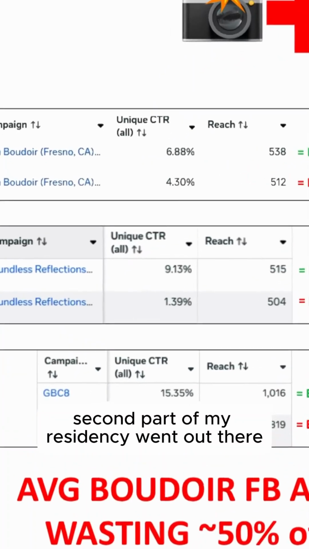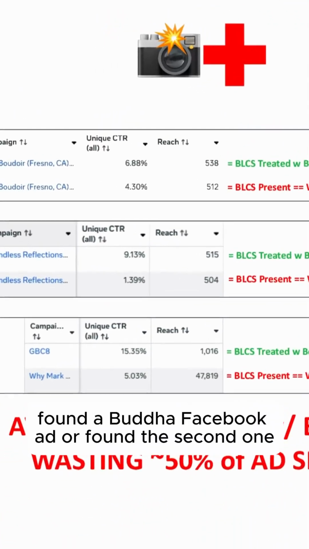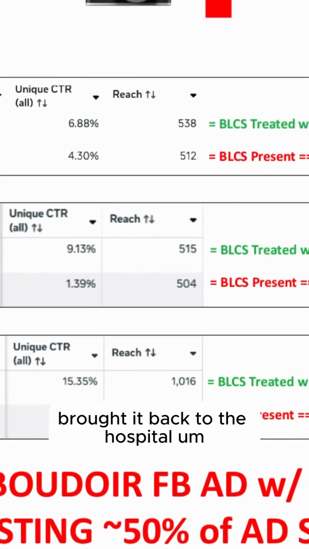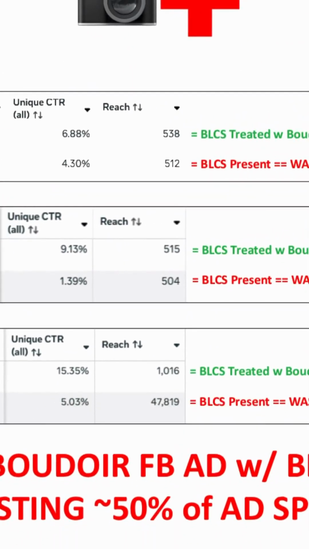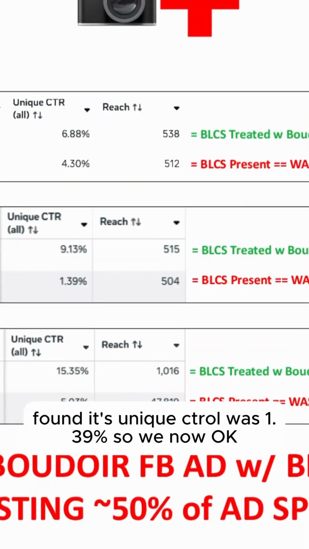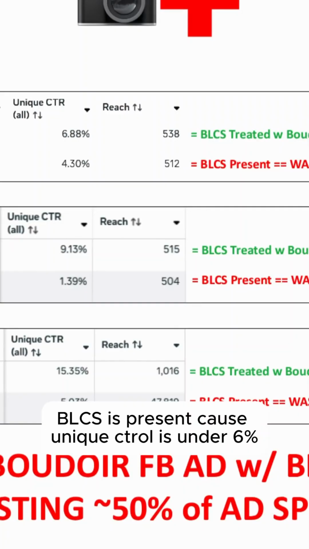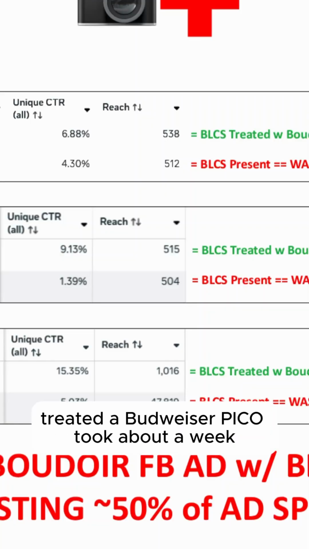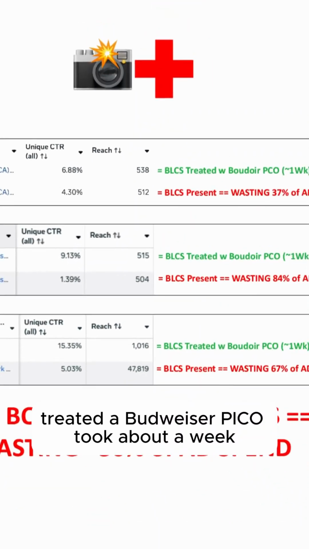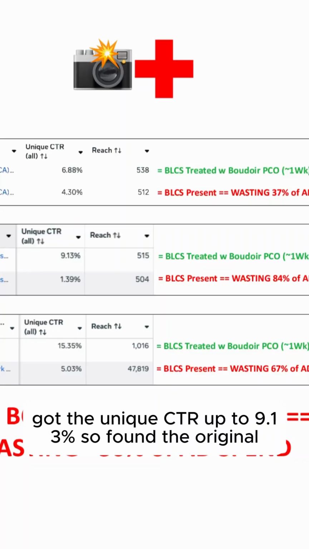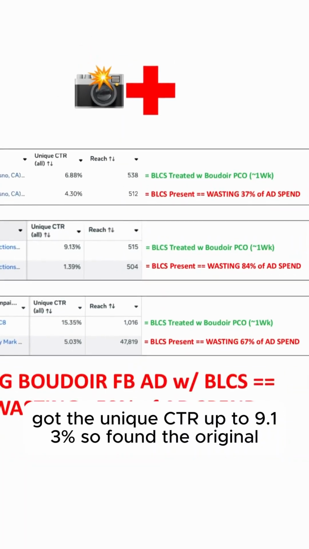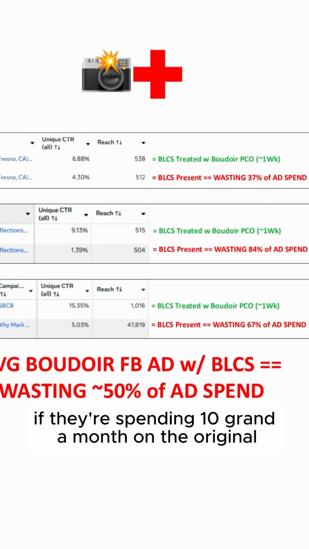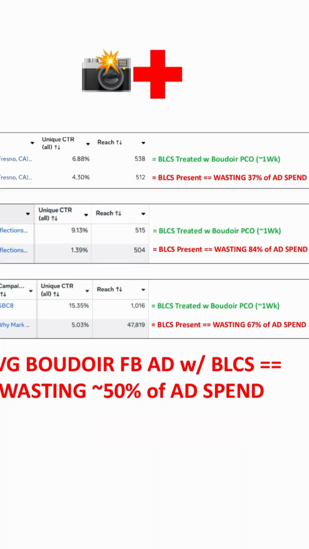Second part of my residency, went out there, found the second Boudoir Facebook ad, brought it back to the hospital, tested it, found its unique CTR was 1.39%. So we know, okay, BLCS is present because unique CTR is under 6%. And we duplicated it, treated with Boudoir Pico. Took about a week. Got the unique CTR up to 9.13%. So if they're spending 10 grand a month on the original Boudoir Facebook ad, it was wasting, literally 84